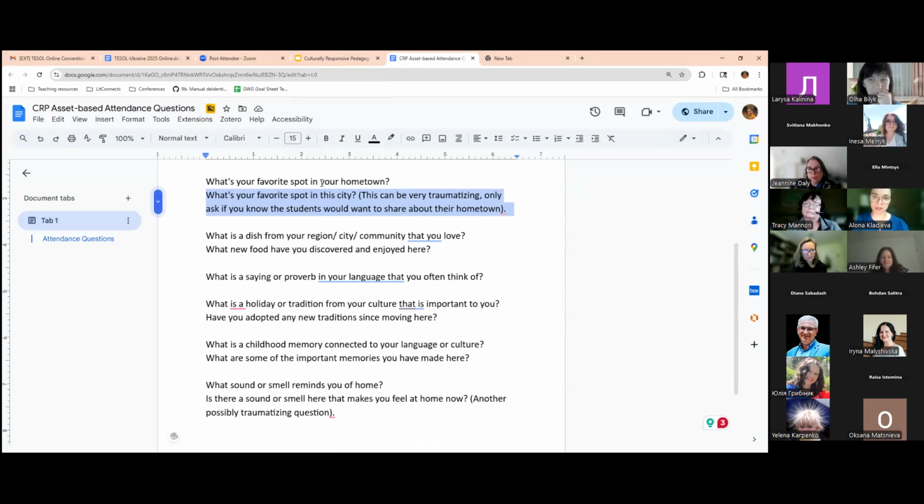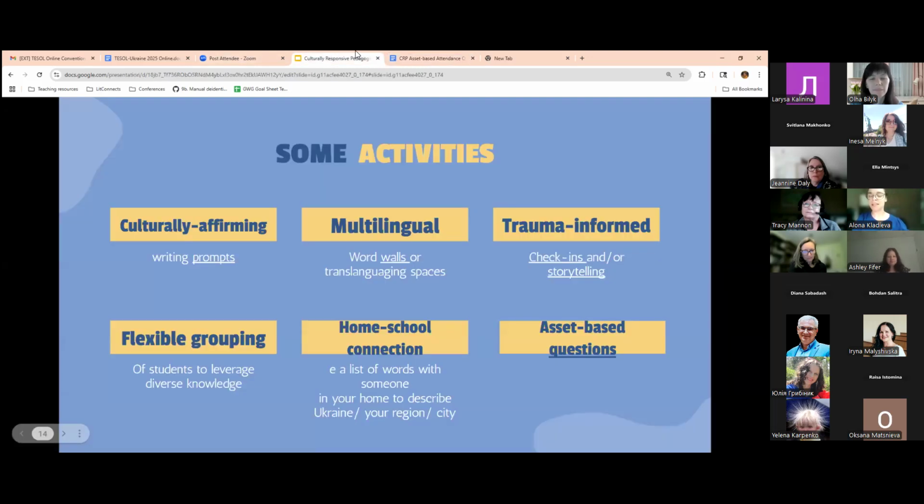Please use only if you think that students would want to share about their hometown. Because one of the questions is, what's your favorite spot in your hometown? Or is there a sound or smell here that makes you feel at home now? I think we can all realize how